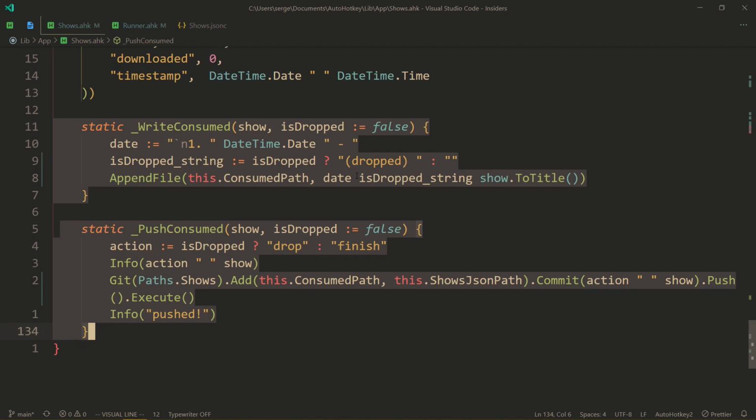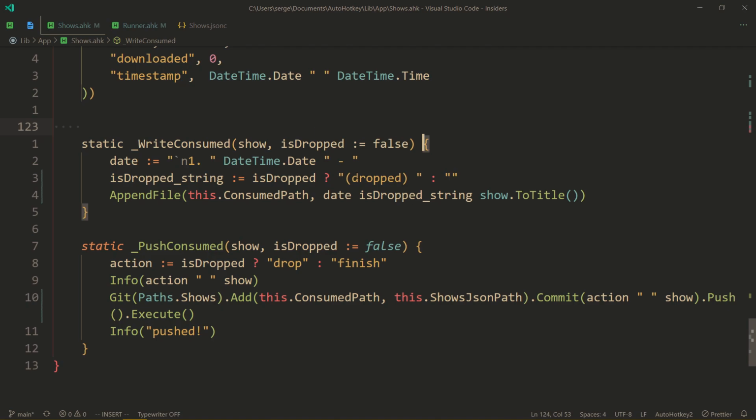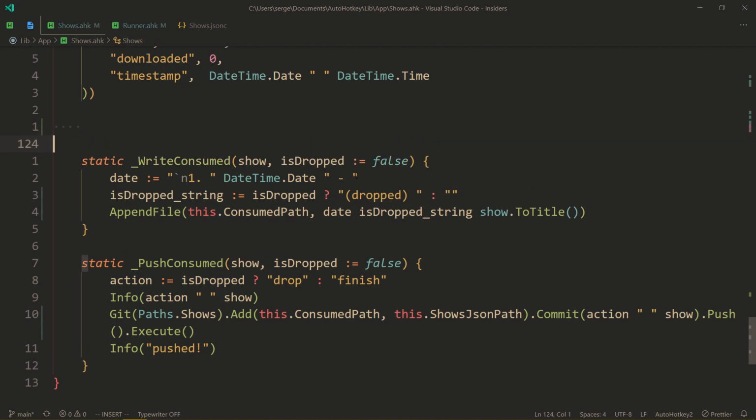So these two methods are only ever used together. I'm not gonna just write without also pushing it, or at least committing it. So I could combine them together where they are the same thing, but it's better to have one method do only one thing, which is why I don't. Instead, what we can do is create an abstraction called operate consumed,